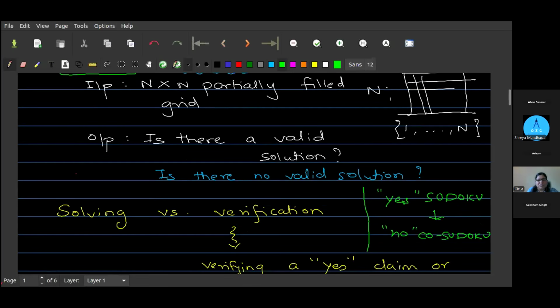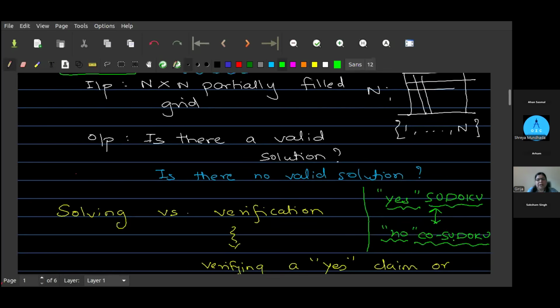Okay, so just a complementary question to the original question. Yes, yes. So what he is saying is, is there a bijection like this? If I am getting it correctly, right? Is that what you said? If I have a problem here for which yes verification can be done, then, because he said bijection, there will be a corresponding problem here for which the same verification will work for the no claim